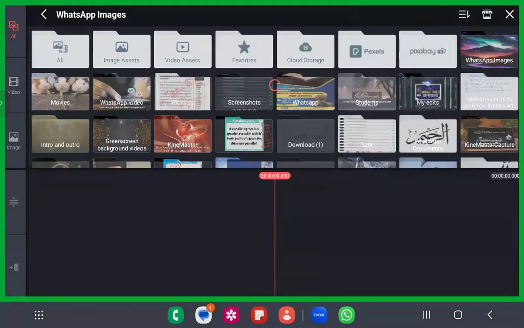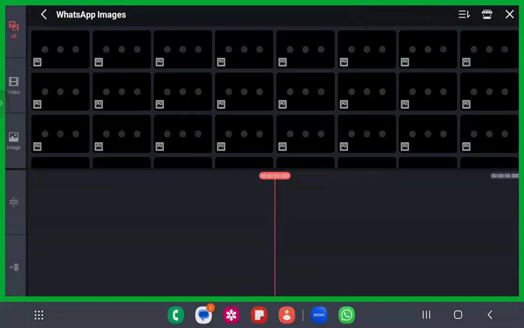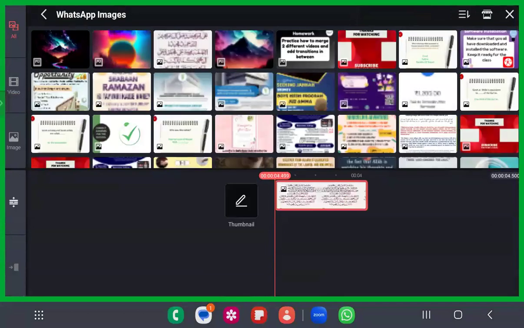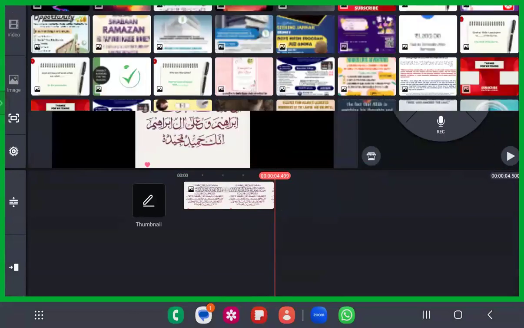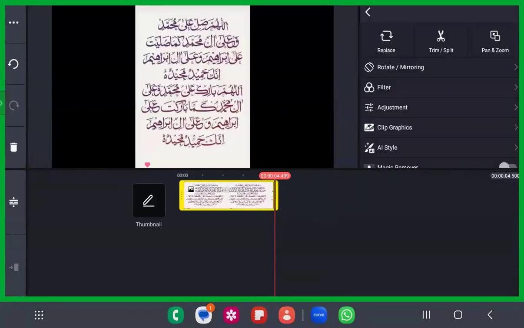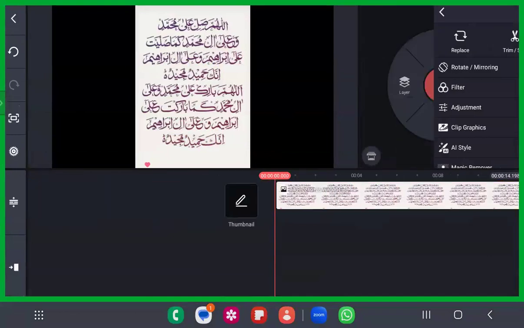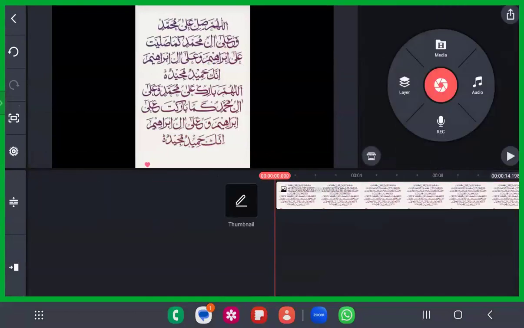So I'll just show with a Quranic ayah or something like that. Most of the YouTube channels usually capture an image from the Quran, and they play the verses like that. I just want to show you how the pan and zoom options can be used for various things. For example, this is the 16:9 aspect ratio that I have taken, and this is the photo that I have downloaded from somewhere. Now I want to make a video out of it.